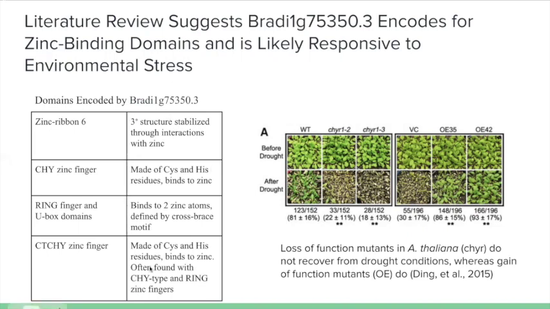Literature exists for RZFP34 in closely related species like A. thaliana and O. sativa, and these genes were confirmed to encode for the same zinc binding proteins. In one study done by Ding et al. in 2015, when the loss of function and gain of function mutants for AT-RZFP34 were exposed to drought conditions and then rewatered, the loss of function mutants continued to be wilted and didn't regrow, while the gain of function mutants